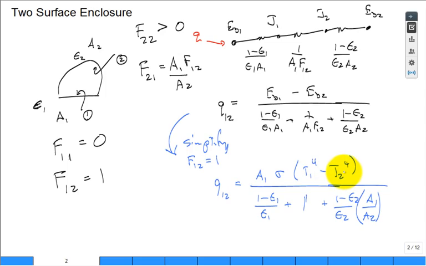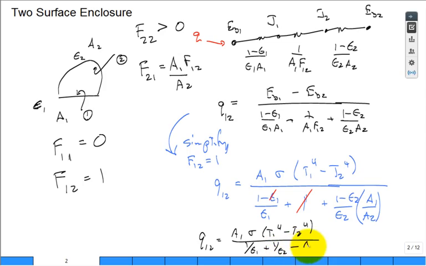You see that simplification? Sometimes they start simplifying these equations, and I'm not certain it's all that helpful because students think, oh, another thing to memorize. But what you can do is cancel this 1 with this minus emissivity 1 divided by emissivity 1, and so you have Q1 to 2 equal to A1 sigma (T1 to the fourth minus T2 to the fourth) divided by 1 over epsilon 1 plus 1 over epsilon 2